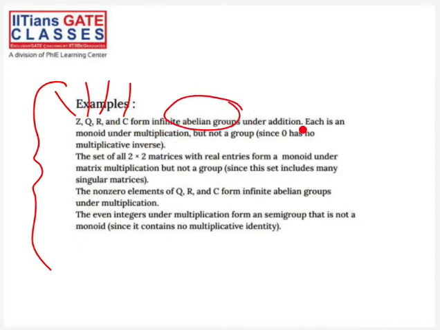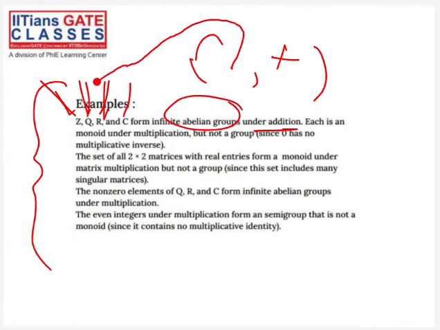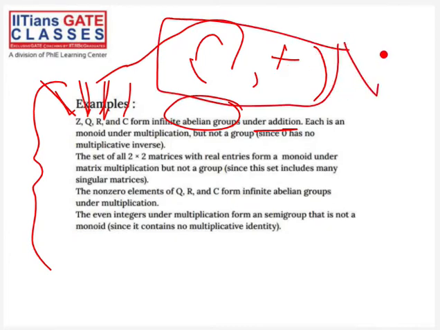So basically it is saying under addition. So he is saying that if your operation is addition, then if your base set is either the set of integers, rational numbers, real numbers, or even complex numbers, so you can put Z, Q, R, or C here, this thing is an abelian group because it will satisfy the closure property, the associative property, the identity element, the inverse property, and also the commutative property. So this is an example.